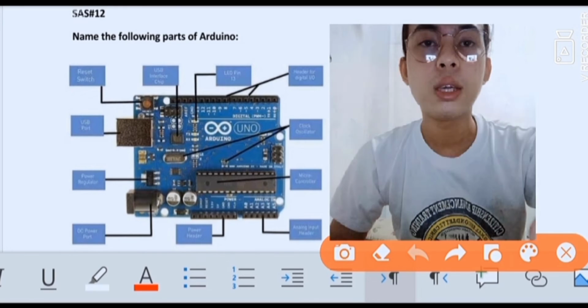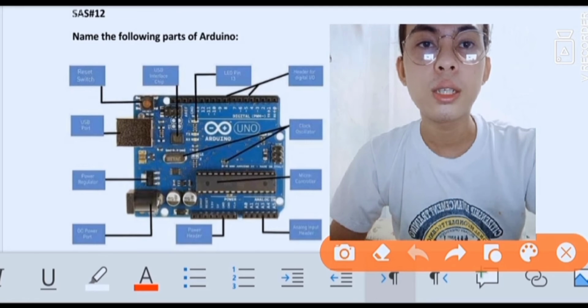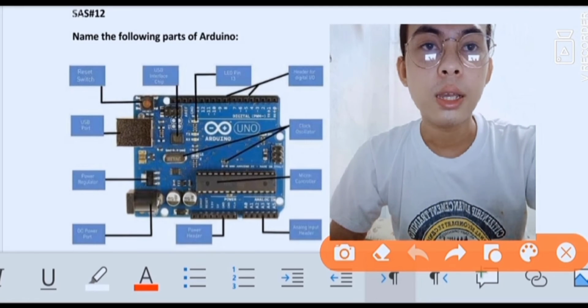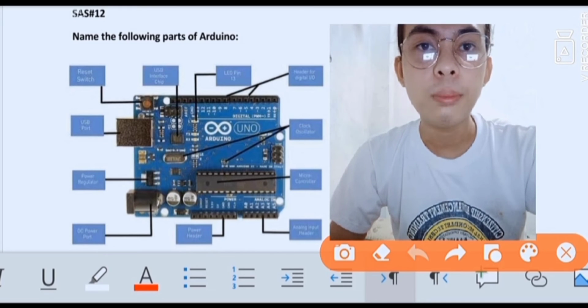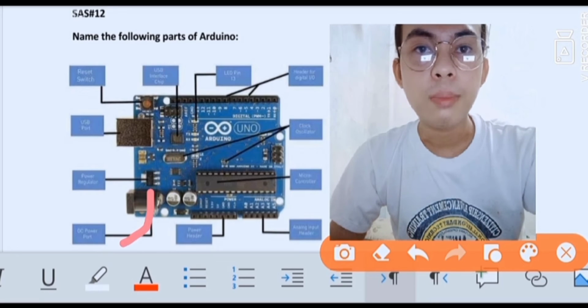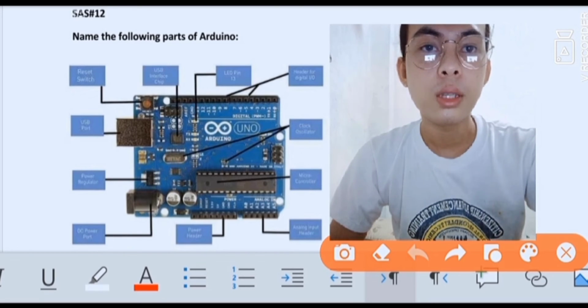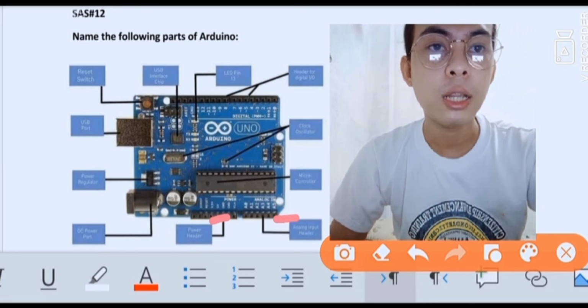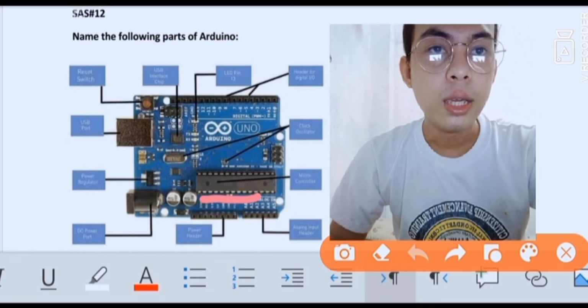And this is called the USB port, and this is called the power regulator, and the DC power port, and this is the power header and the analog input header, and this is the